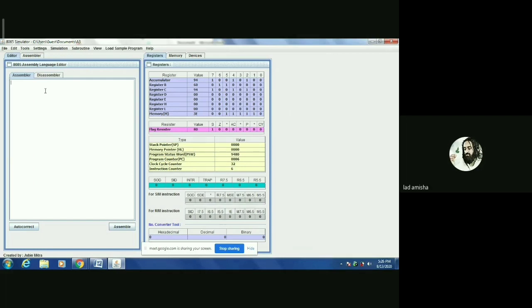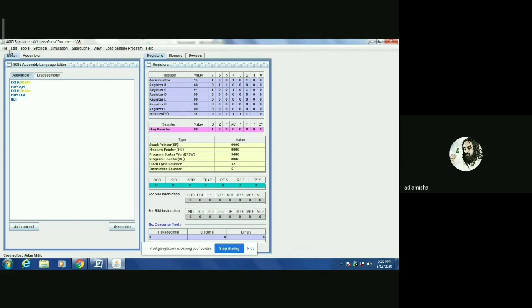Our first instruction is LXI H, 2050H. Then MOV A, M. Then another instruction, LXI H, 3050H. Then MOV M, A. And at the end of the program, HLT. So we have written the whole program.